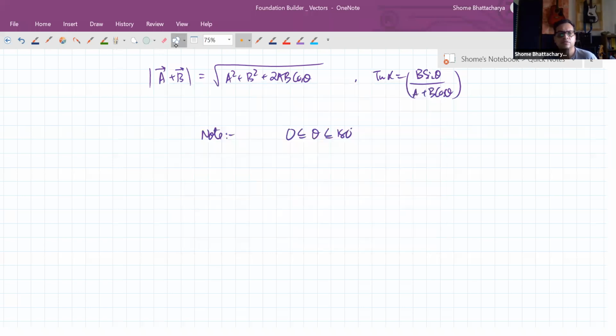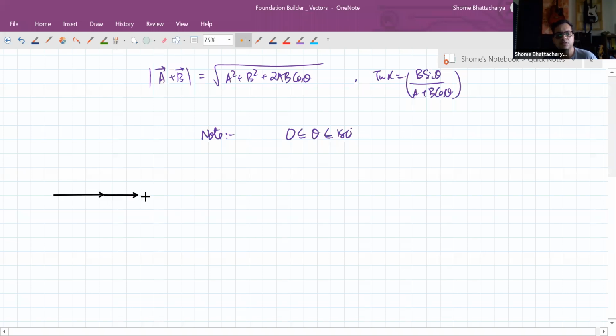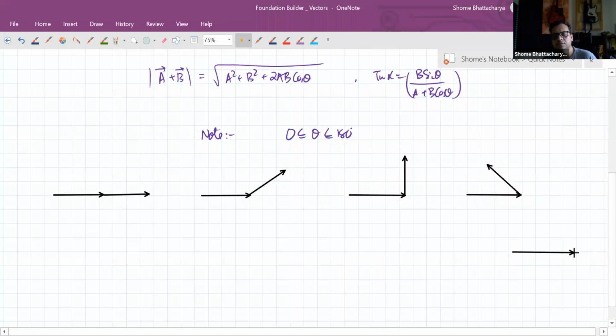For example, we can have two vectors in this kind of situation, like this vector A and this vector B here. So the angle between them is 0. Like that we can have a situation where A is like this and B is like this, so the angle is acute. We can have a situation where A is like this and B is like this, so the angle is exactly 90. But we can also have a situation where A is like this and B is like this. Now you'll understand that the angle between them is obtuse, and in an extreme situation it could be like A is like this and the second vector B is like this, so it's 180 degrees. So the angle between the two vectors can be anything in this range.